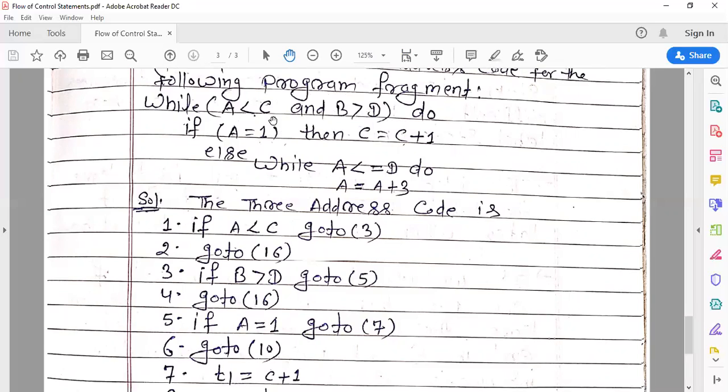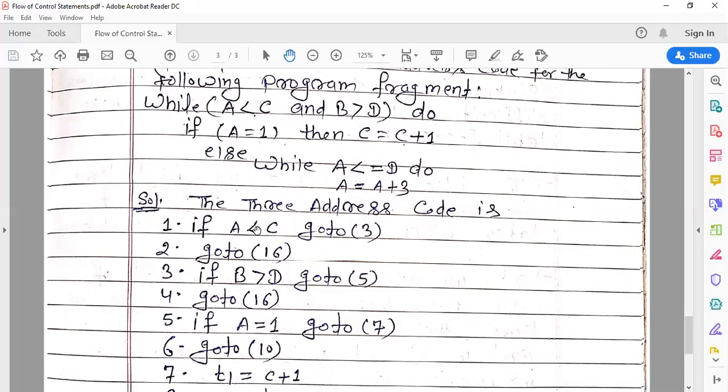But if a less than c is true and b greater than d is true, then this code will be executed. But if a less than c is true and b greater than d is false, it means this code will not be executed, and your control jumps to after this while do statement.